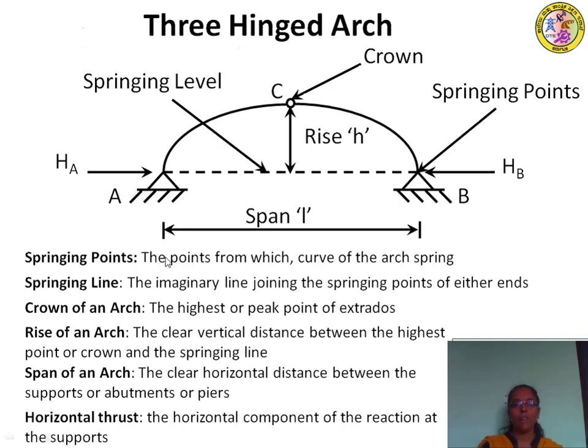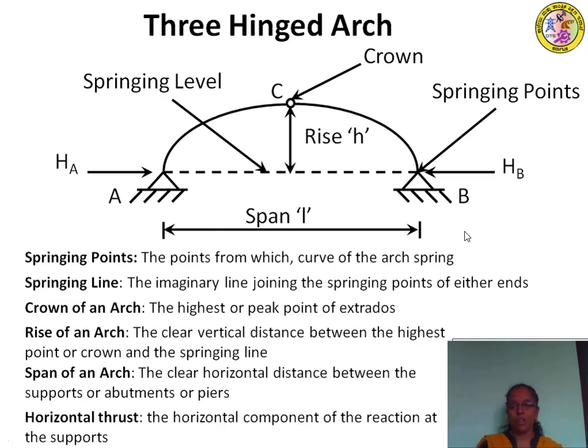If you have a look here, we have a hinge at the two supports. So definitely there will be vertical reactions VA, VB and horizontal reactions HA, HB. Since it is an internal hinge, there will not be any reactive components. Only the bending moment will be 0 at the internal hinge. Therefore the force system will be a non-concurrent force system.